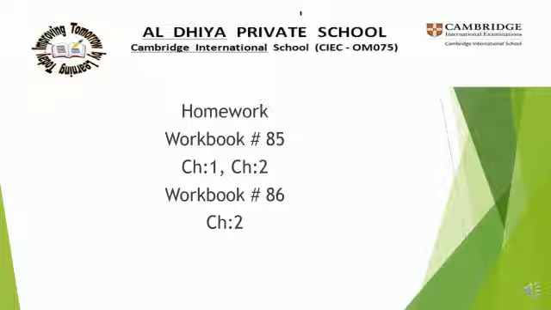And in the page number 86, challenge 2. Color the blue, the things facing right. What are all animals? That animals or things, whatever it is, that are facing the right side, you have to color with blue color. Which are all facing the left side, you have to color with red.